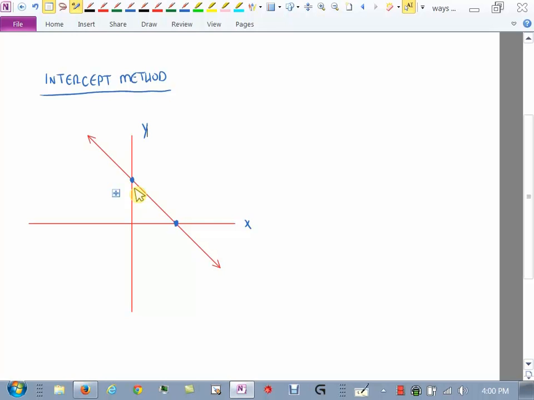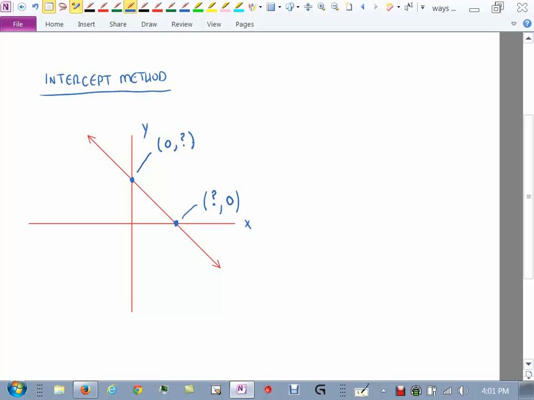You find the 2 points where they hit. What can you tell me about this point right here? What's always true about that point? The y-coordinate is 0. This is always 0. Now what's the x-coordinate? I don't know. But that's what we'll do. We'll actually replace the y with 0 and then go figure out what x is. And this point, what's always true is that x is 0, and then the y-coordinate we can go find.